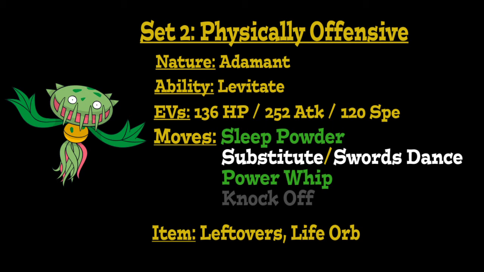But these two moves in combination with each other do really give quite a bit of coverage, and behind a sub and with the additional benefit of being able to possibly put stuff to sleep, this set can be very effective, and I have been using this particular set on Carnivine since 4th gen, with the exception of running Crunch instead of Knock Off, because back then Knock Off wasn't as good as it is now. And I have found this to be possibly one of the most effective ways of running a physically attacking Carnivine